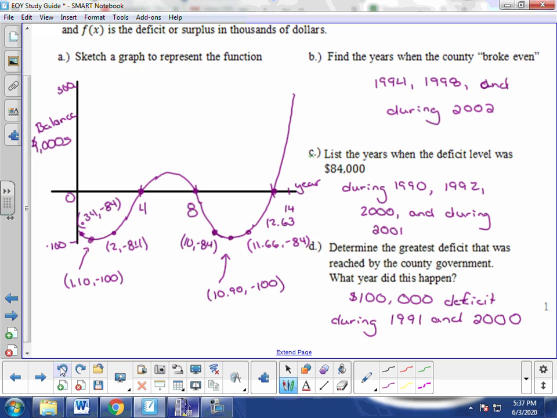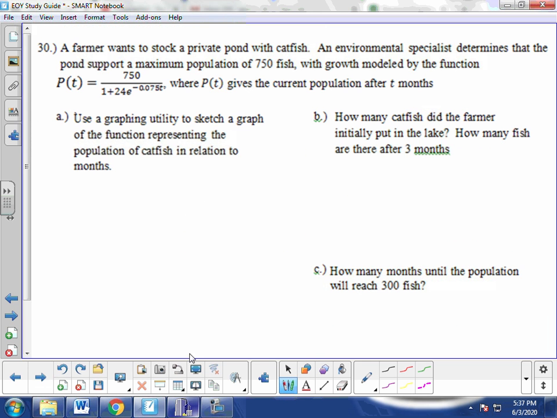Let's go ahead and take a look at problem number 30. Problem number 30 is also another one about using a graph. So a farmer wants to stock a private pond with catfish. An environmental specialist determines that the pond supports a maximum population of 750 fish with growth modeled by the function P of t, where P of t gives the current population after t months. Use a graphing utility to sketch the function representing the population of catfish in relation to